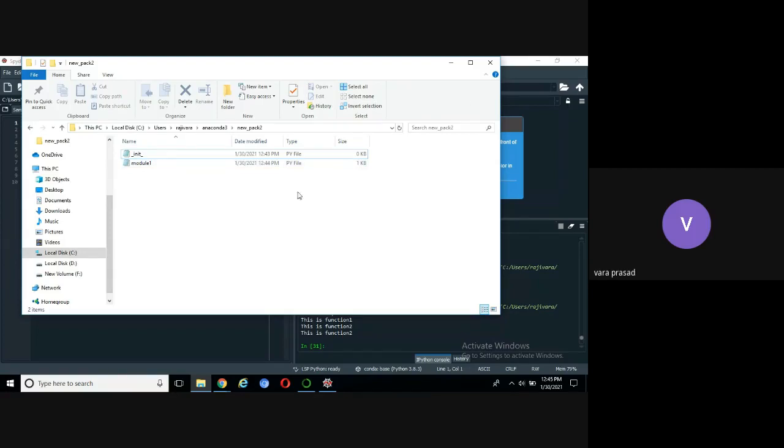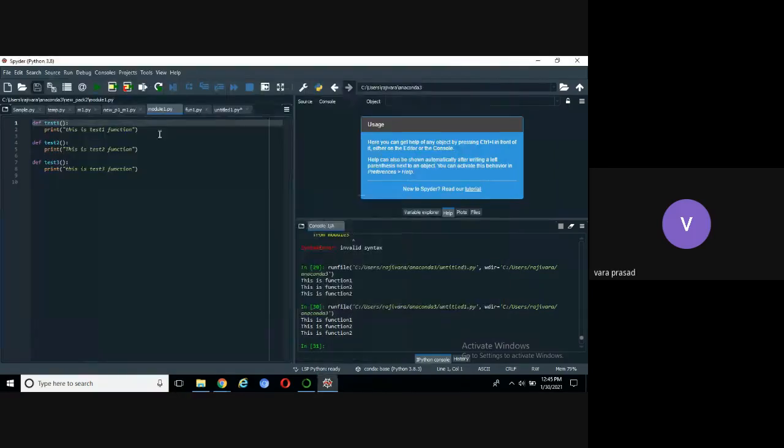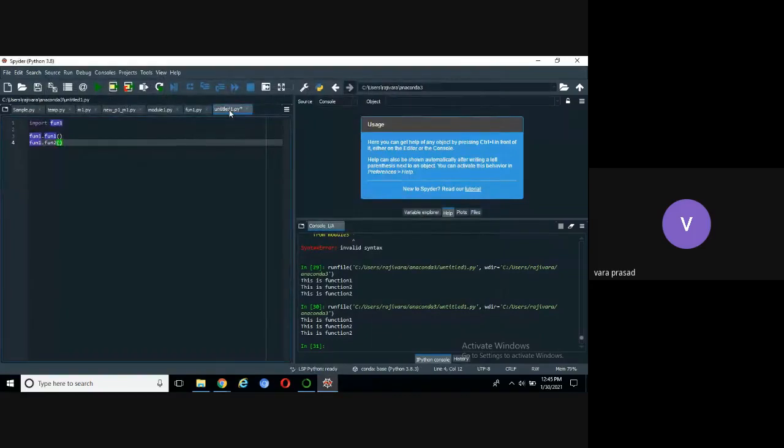Then how to import the package? Go to this program, and you can use the from keyword. From, what is the package name? new pack2. Import. From this package, we can import multiple modules and multiple subpackages.